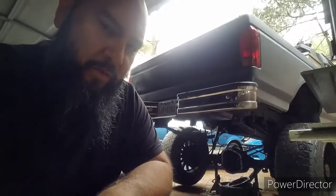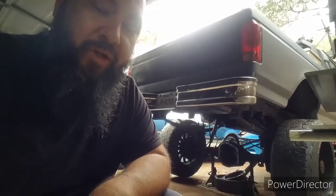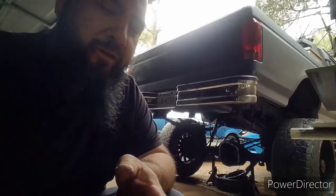Alright guys, y'all can see what I'm working on in the background. I am working on Rhino now, the rear axle. I'm needing to replace some bearings and some races in it. Sorry I didn't put it in the video, but I went ahead and took out the yoke, took out the drive shaft,